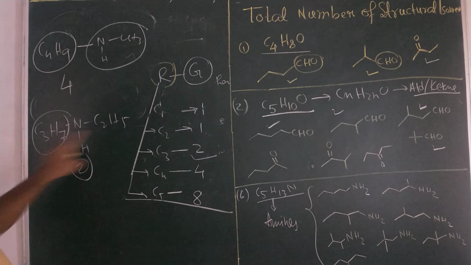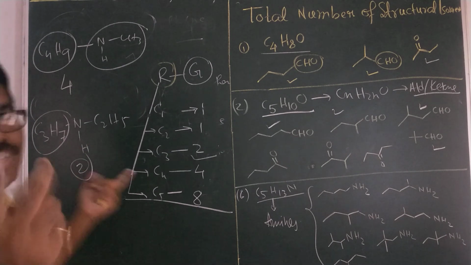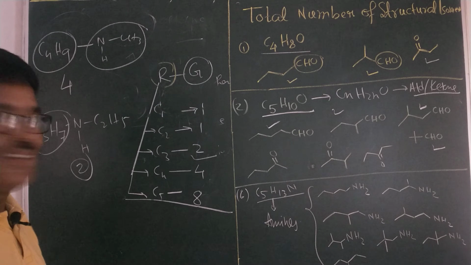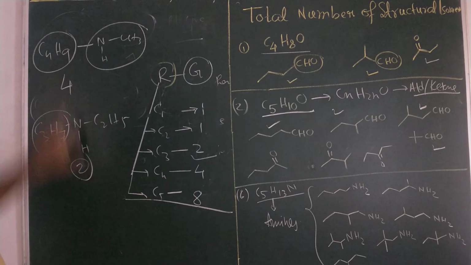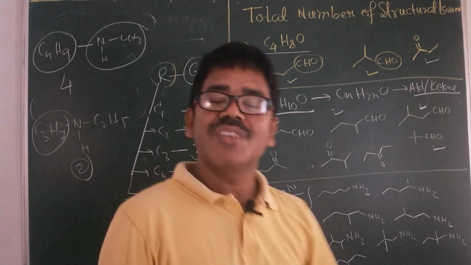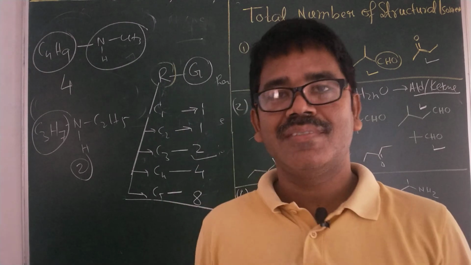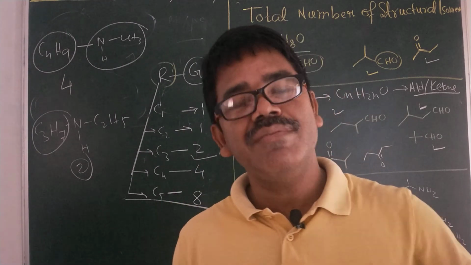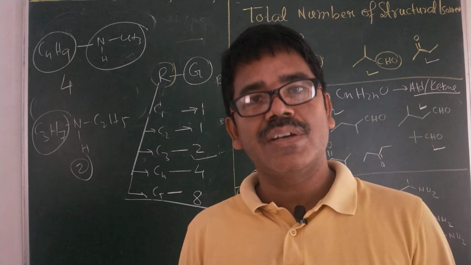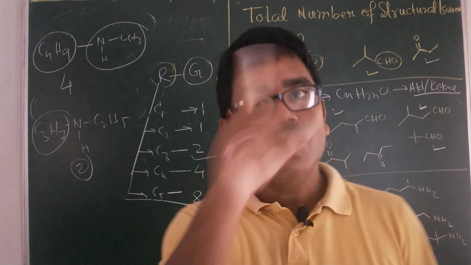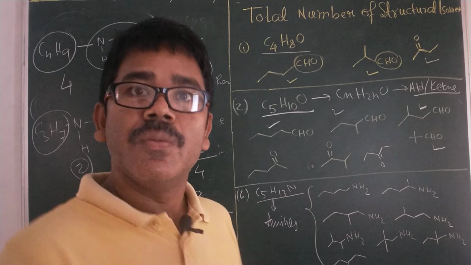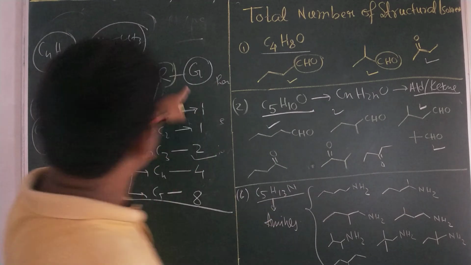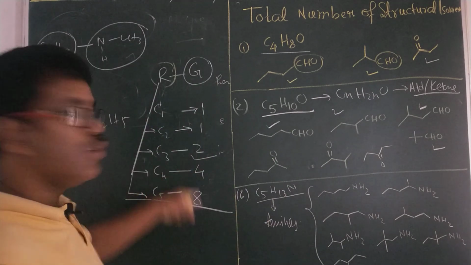Now you can say this side 3, this side 2. It will be identical, my genius. Therefore, secondary amines we can have 6. Again, you will require at least 3 minutes of time. Is it possible for us to divert that much time? Surely no. That's why, my genius, it is very important. You should know these simple tricks: 1, 1, 2, 4, 8.